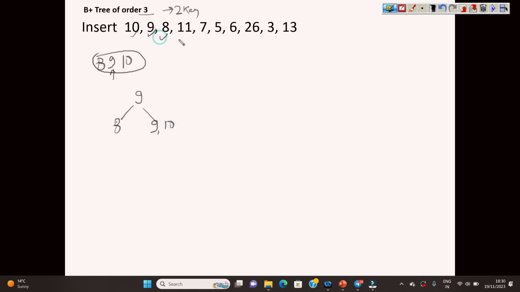So 9 is done, 8 is done, then 11. So 11 is going to be inserted here. When we insert here, this is going to split this node, which is basically representing a record. So it will go up, and because we are splitting the record, it will carry its index. So we have 9, we have 8 here, we have 9 here, and then we also get 10 here. So we'll be having 10, 11. Okay, or you can say this 9 should be represented like this.